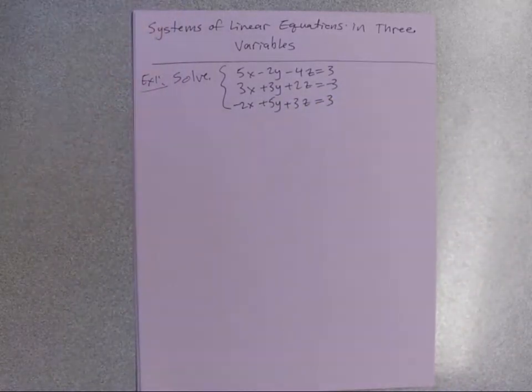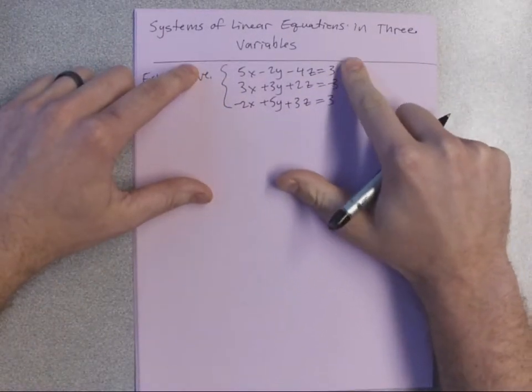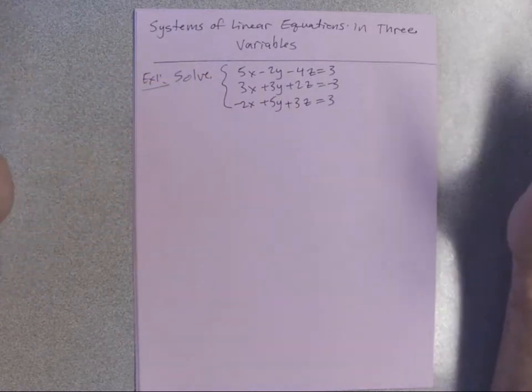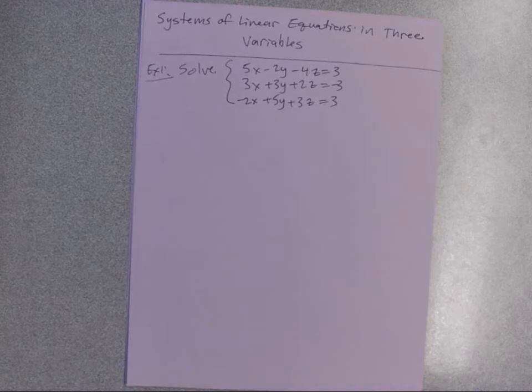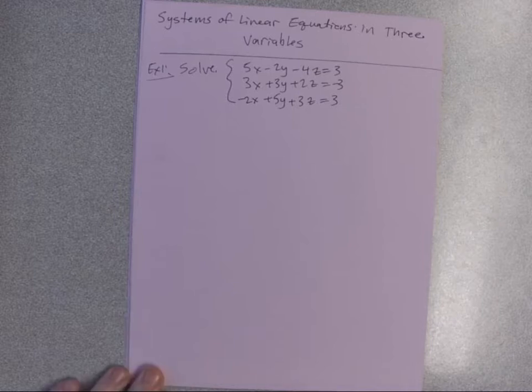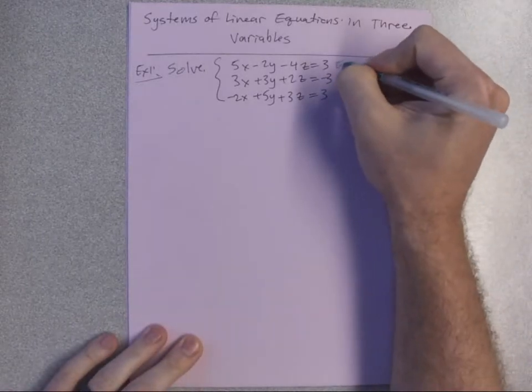Alright, so that is my system, and I want to make sure that all my x's, y's, and z's are lined up, and the only thing on this side of the equal sign are just the constants that are all by themselves. So once I have this set up, or once you're given this, now we want to start a process. And the process will work the same for most of all of these. The way we're going to do it is we're going to be using the addition method over and over again. We're going to use it several times, and eventually we'll get to a point where our answer will just pop out. So the first thing we want to do is we want to label, this is equation 1,